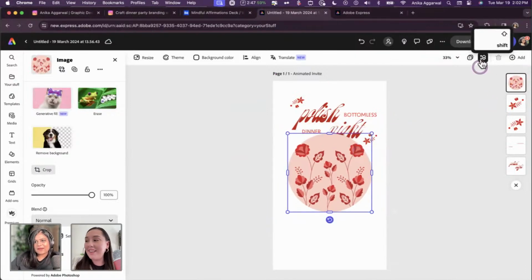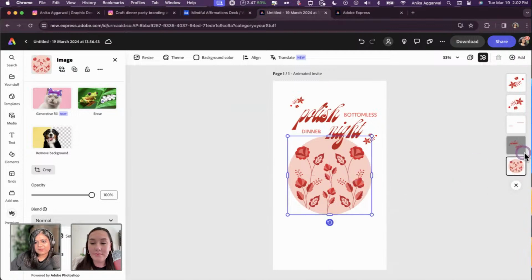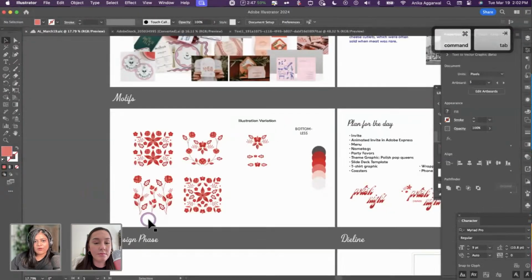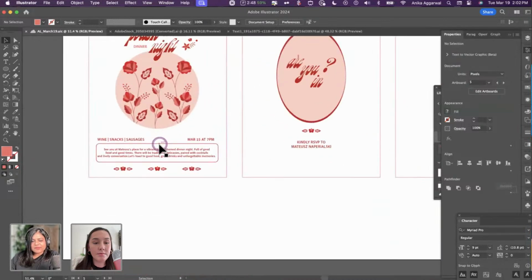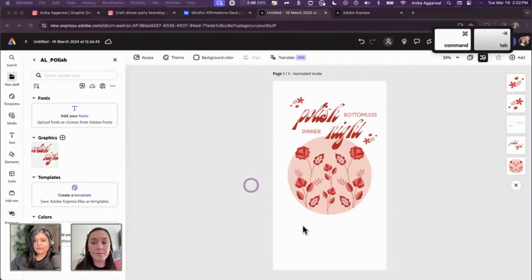I'm excited. Okay, so here's the layers panel. If you turn it off, you won't be able to see layers. But if it's already turned off, this is how you turn it on. And then you can drag these layers out any which way you want. So if you want it under, just drag it lower than all the other layers. It works like all the other layers in all the Adobe tools. So the process is pretty seamless where you already know how everything works. The user experience is very much in line with how it is with other apps.